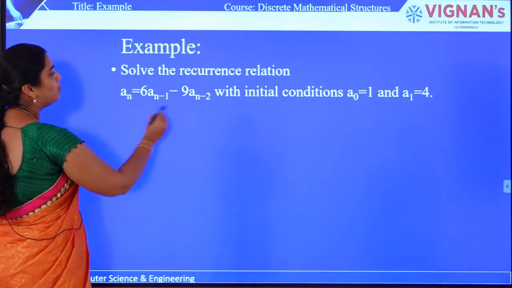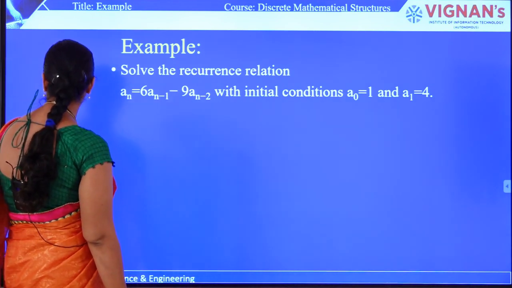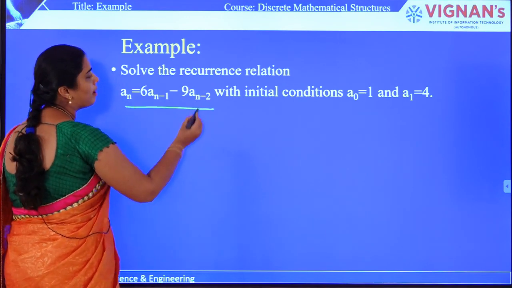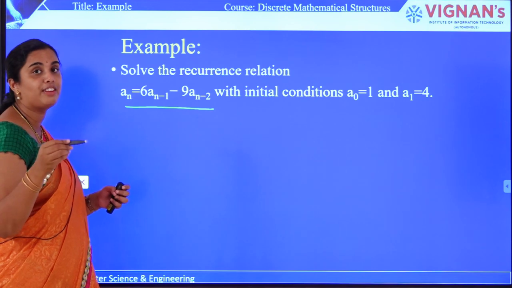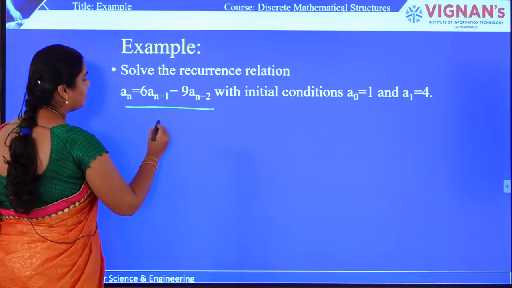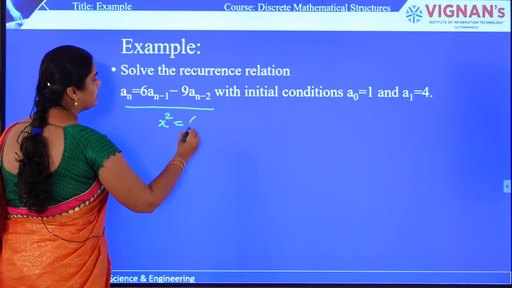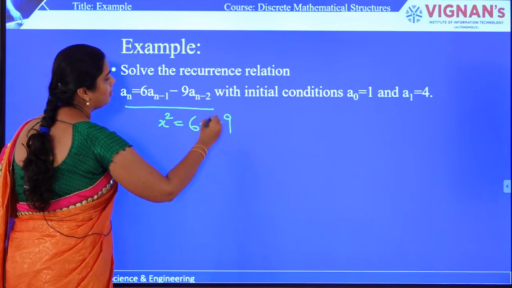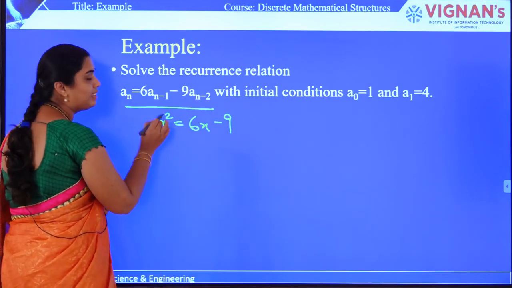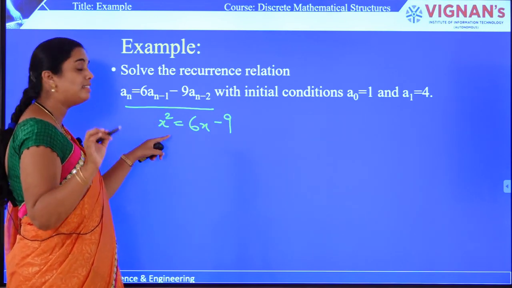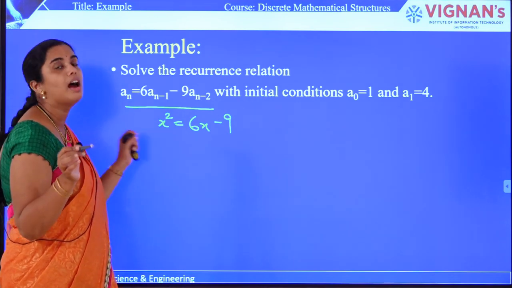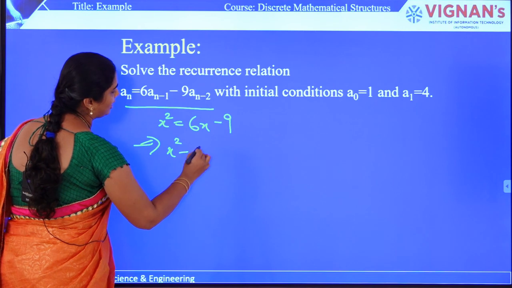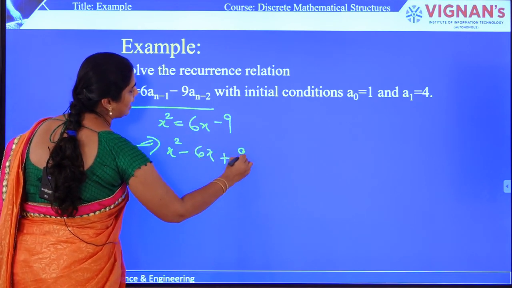Okay. So now we need to convert this recurrence relation into a characteristic equation. So how can you represent it using a characteristic equation? This is the given one, right? As n minus 2 is there, the highest polynomial degree will be x square. So this an will be converted to x square is equal to 6. An minus 1 will be converted to x, and an minus 2 will be written only as it is. Now we need to solve this equation in order to get the value of x. After getting the root value we need to substitute and find the solution. So we can write this as x square minus 6x plus 9 is equal to 0.